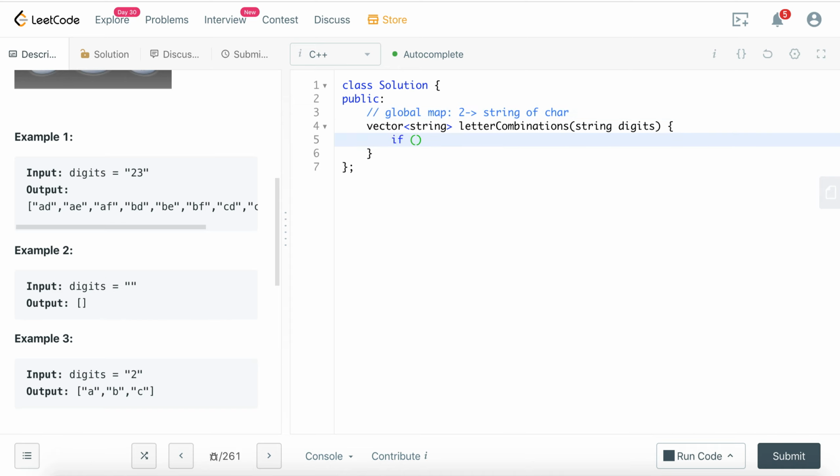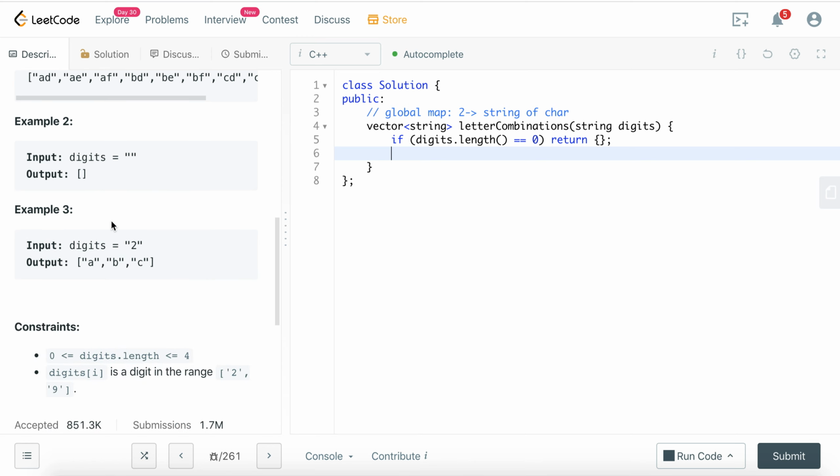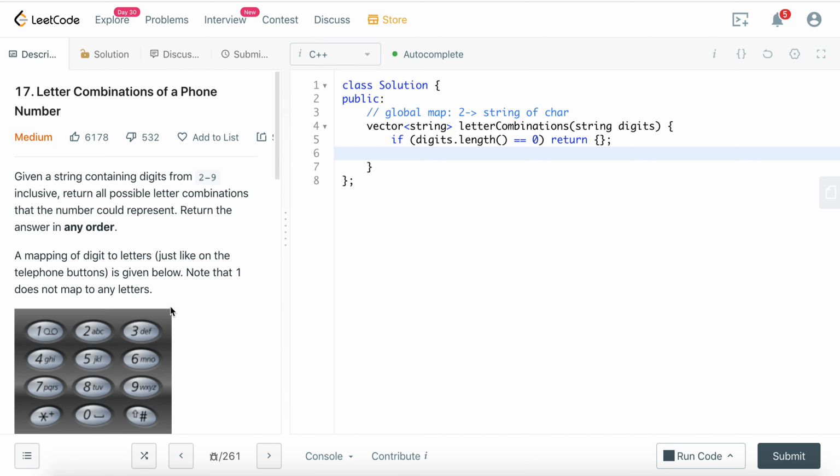Let's consider: if digits length equals 0, we just return an empty vector. And if it's equal to 2, I'll just have A, B, C. So for this case,